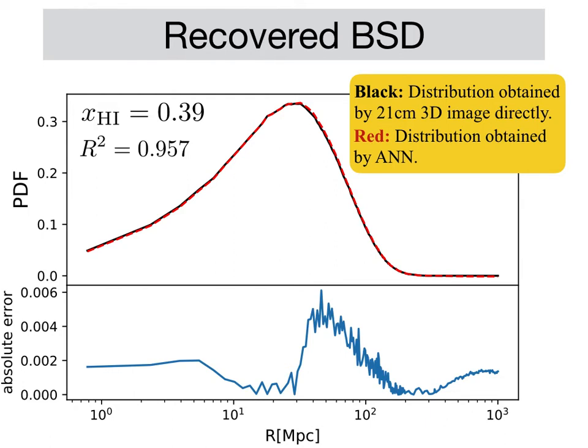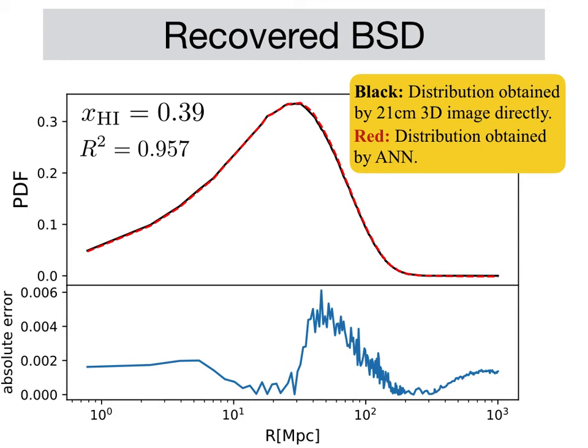The neutral fraction is 0.39, and in that case, the R squared score is 0.957,